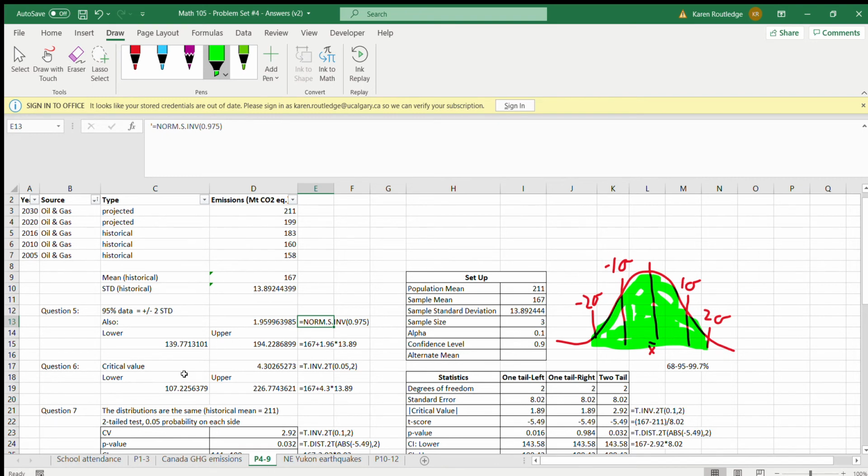For question number 6, really we're just going to do the same kind of thing, but because question number 6 uses the t-distribution, we cannot use this shortcut rule. Again, the shortcut only applies to the normal distribution, and since we are forced to use the t-distribution, we're also forced to use an Excel function. This is the particular Excel function that was taught in class. It's an effective one, but it's not a great one